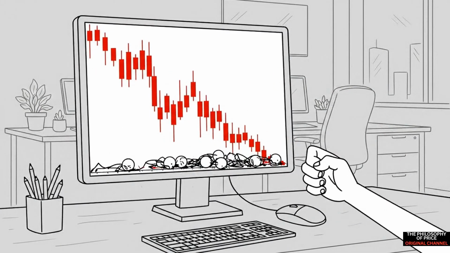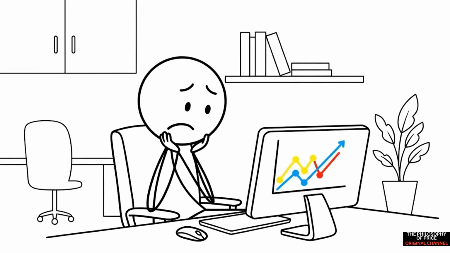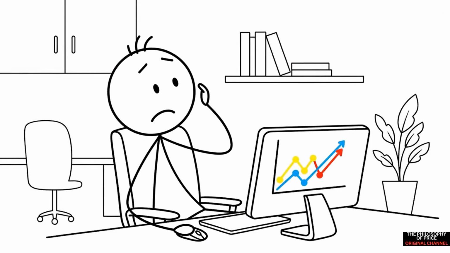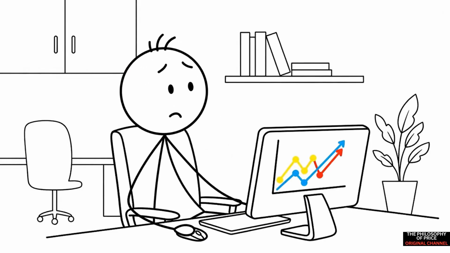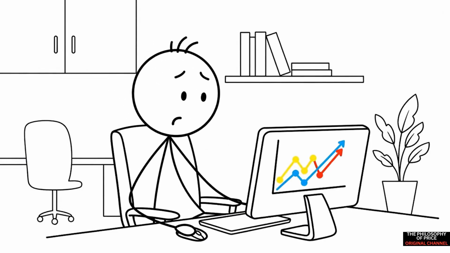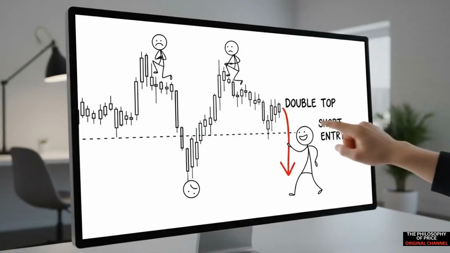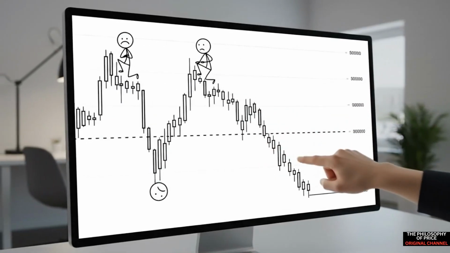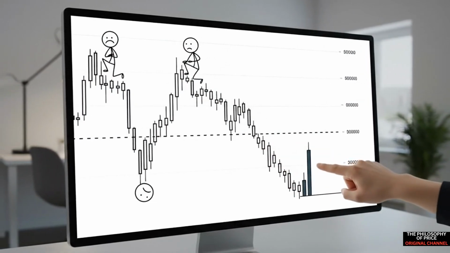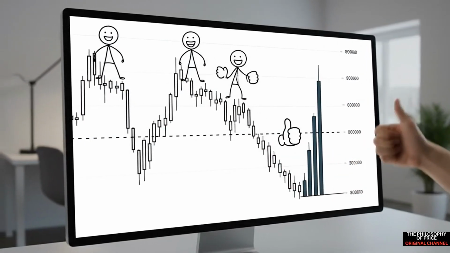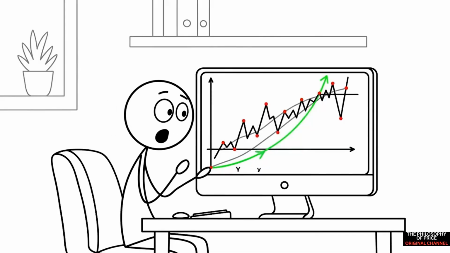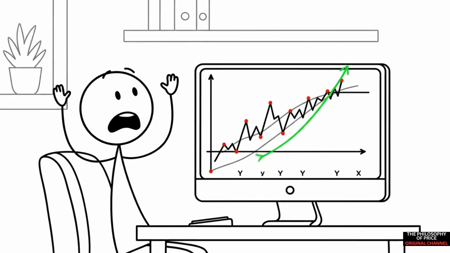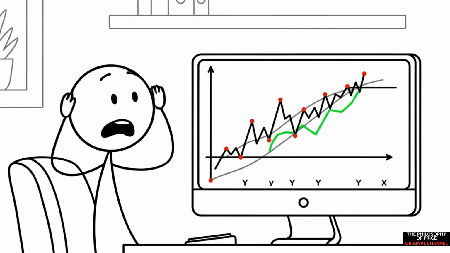However, there's a crucial understanding regarding double patterns. A double top that fails to confirm can actually be a very strong bullish indicator. Imagine this scenario. Price initially forms a double top, and then the neckline is breached, prompting many short sellers to enter the market. But unexpectedly, the price recovers, moves back above the neckline,